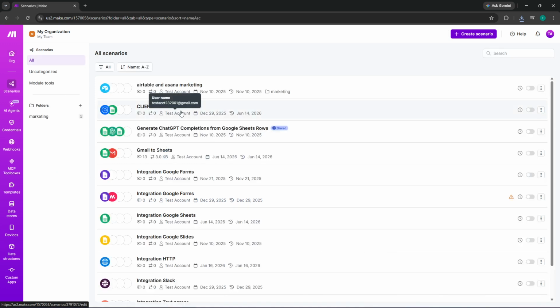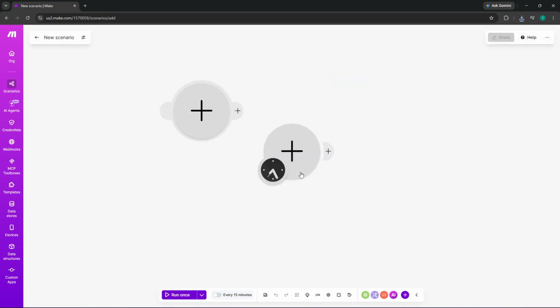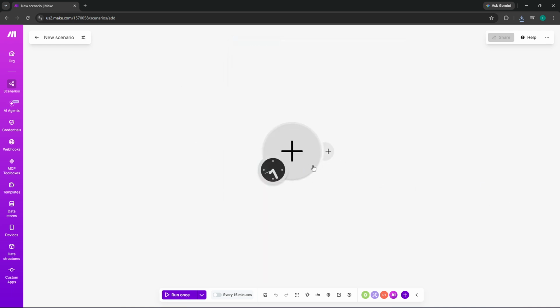Take a moment to review any scenarios you already have, or if you're starting fresh, click Create a new scenario to begin a brand new automation. Alternatively, you can open an existing scenario where you want to add a new module. This brings you to the Scenario Builder Canvas, which is the visual workspace where you create and edit your automation